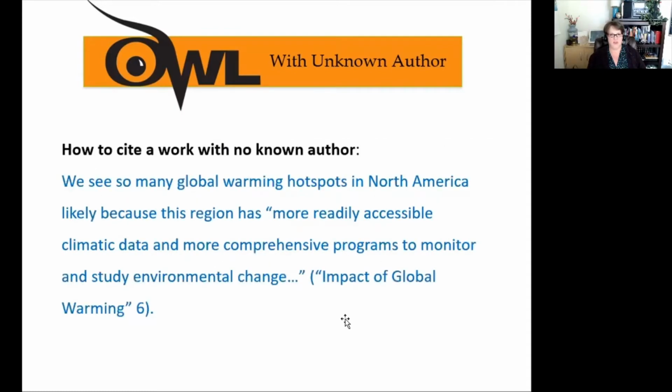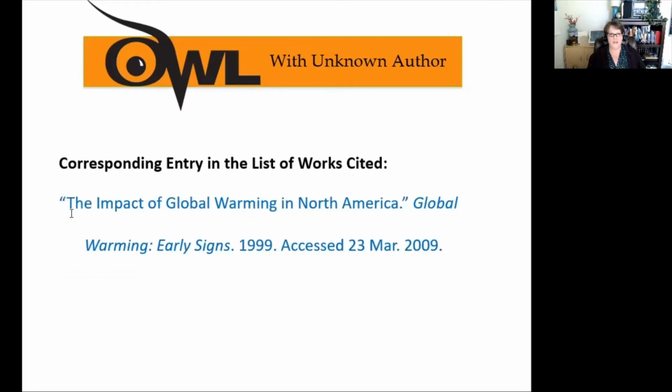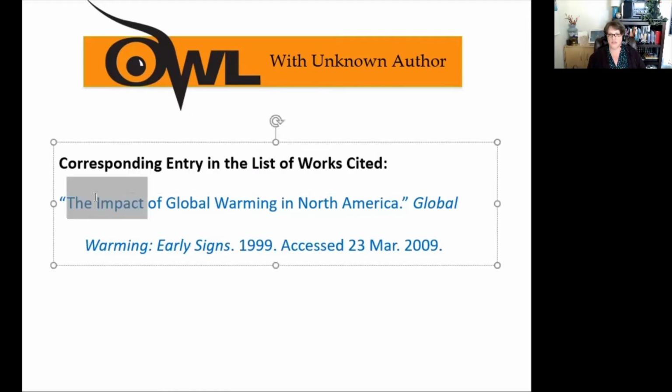So we have impact of global warming, and in your works cited list, anything that starts with an article, the or a or an, is not italicized. We go by the first real word, the first non-article word in the title. So this would come in the I's, right? The impact of global warming, and then we have the publication, the date,